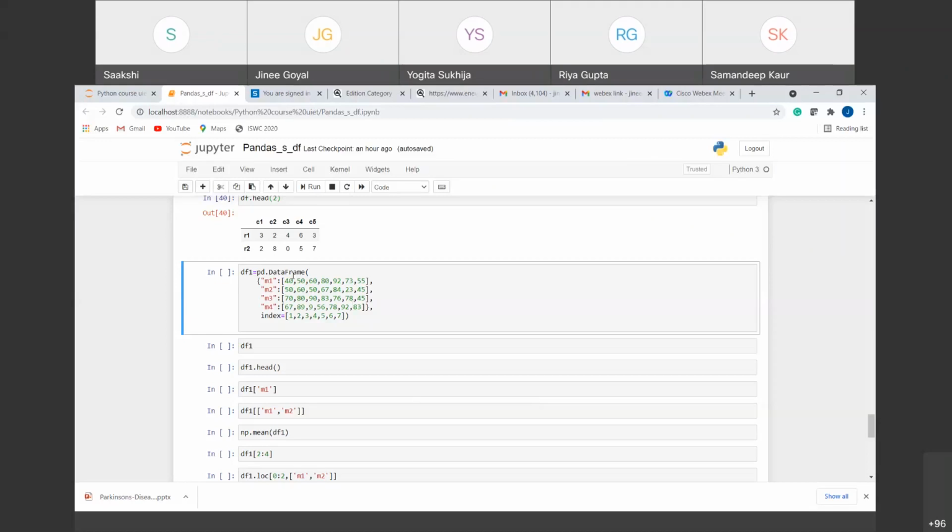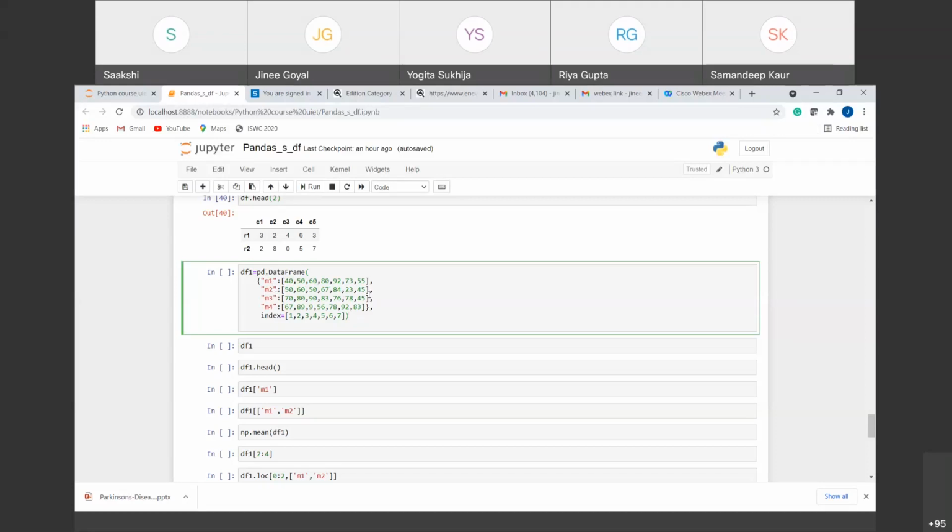So how can we do that? For that, let's suppose df1 is the name we are giving to our data frame, is equal to pd dot DataFrame, right? Inside it we have circular braces, starting from here and ending till here. Inside this, you know what we want: the values, the indexing and the columns. So first of all, define the column. Give the column name, that is M1, and inside this give the values that you want inside that column.